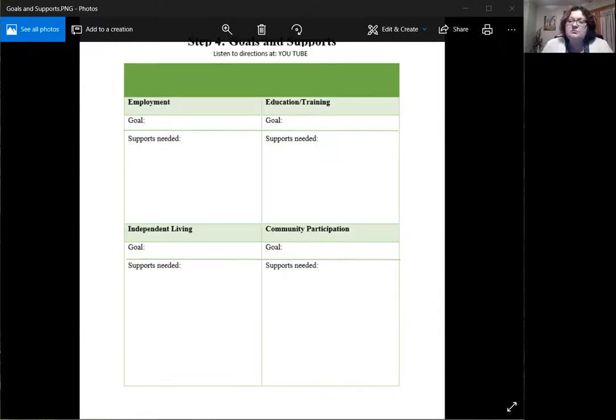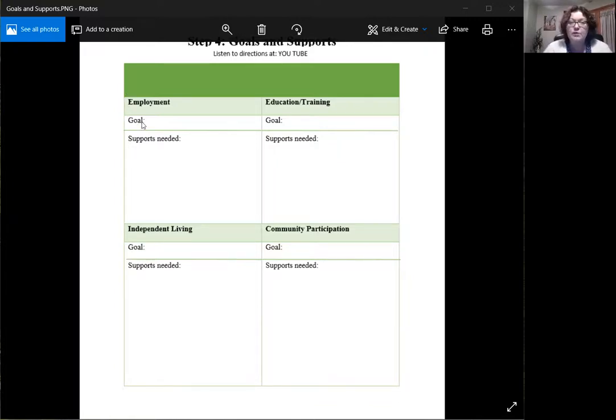Community participation might just simply be to vote. But I want you to really add that to this transition planning process. I believe it will increase the discussion and therefore increase student-focused planning. And tasks will be stronger and goals will be stronger. So what I want you to do in this component in step 4 is look at the employment goal of